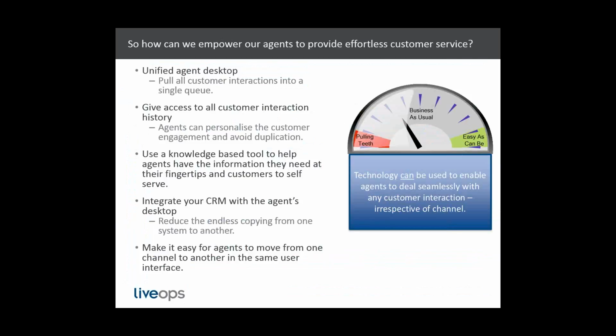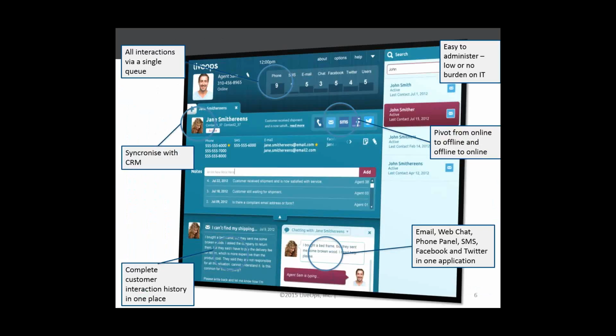interactions seamlessly. So just looking at one of those sort of customer interfaces, here we have all of the customer interactions up the top in a virtual queue. They can see exactly what's in there. And then when the interaction comes in, it pops them the customer's record. They can see what the customer looks like, even if they've got a photograph, but they've got all of the